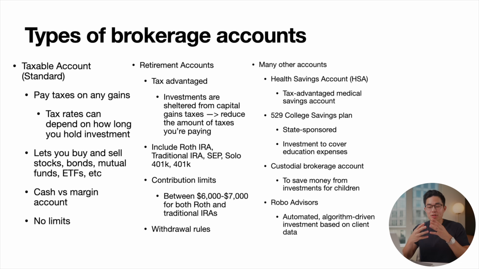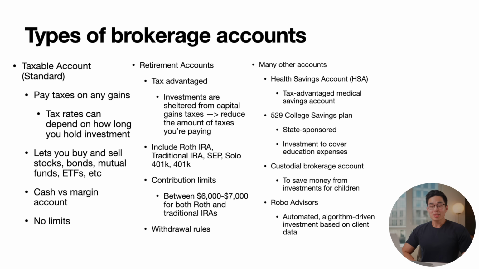Aside from taxable accounts, you also have retirement accounts. And the awesome thing about retirement accounts is that they are tax advantaged. Investments in these types of accounts are sheltered from capital gains taxes, and this is going to reduce the amount of taxes that you are paying. Basically, the government wants you to safely retire with money, so they give us these retirement accounts that are actually really, really tax advantaged. And so for everyone that's watching this video, if you can, definitely open up a